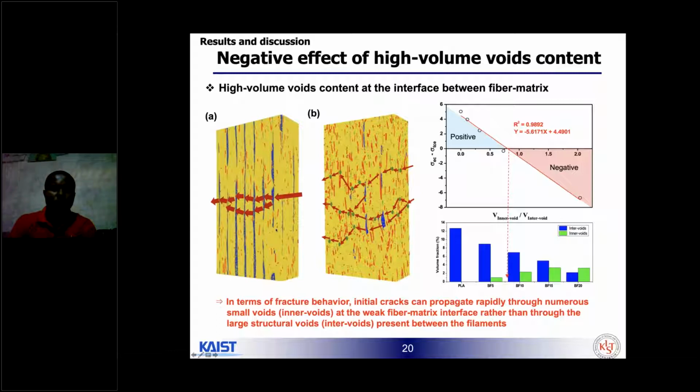So when compared to the mold process composite, it is a positive effect on the mechanical properties, because in the mold process composite, the voids are randomly distributed in the matrix. Overall, when compared to a mold process sample, the 3D printed sample has a higher fiber orientation compared to the load direction,